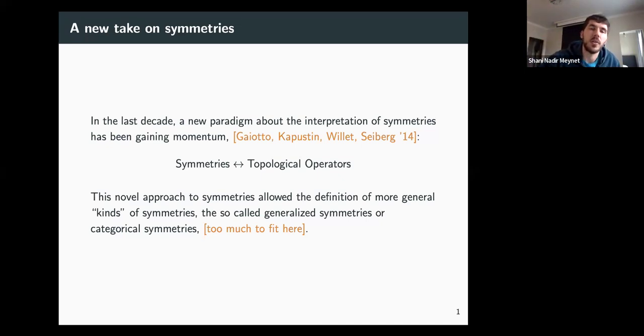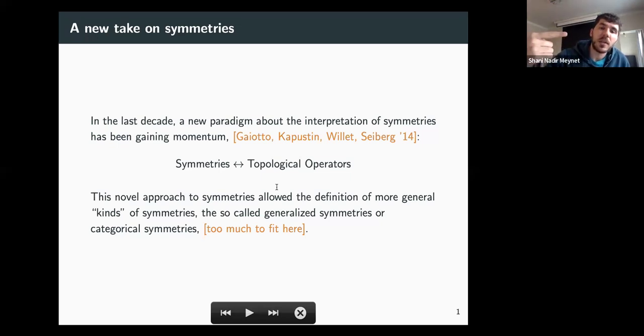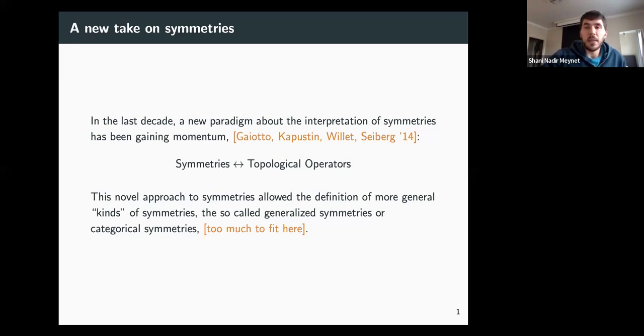Because of the conservation equation for currents, the operator one defines using the charge is topological and doesn't depend on its support. So we have the arrow from left to right, symmetries to topological operators. However, allowing ourselves to draw the arrow in the opposite direction, associating topological operators to symmetries, enriched and widened the